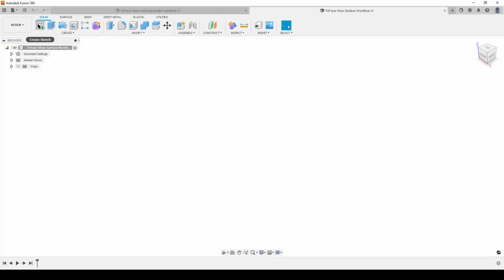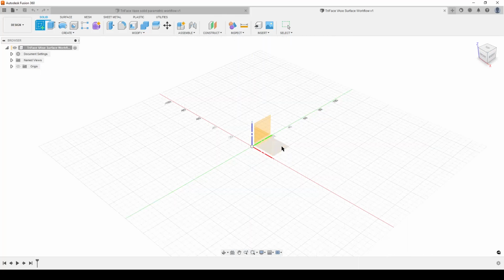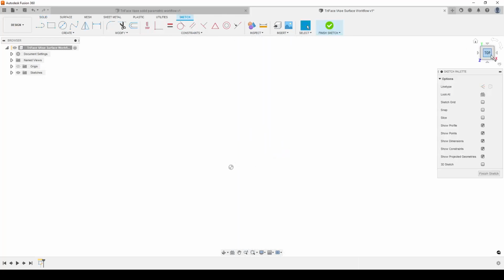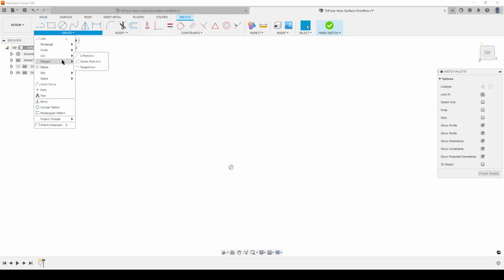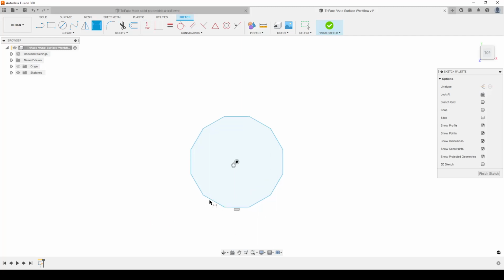Let's start by creating a sketch. We have a surface one. I'm going to do it from the top, so we're going to do it on the XY plane, so we can see the top up here in the 3D cube. We're going to create a polygon. Let's do a circumscribed. I'm going to tab over and tell Fusion it needs to be 12 sides. And to start off, I'm going to make this here horizontal to lock in things, and then I'm going to dimension from here to here. Fusion wants to move around, so I'm going to right click, say align, so it locks in,